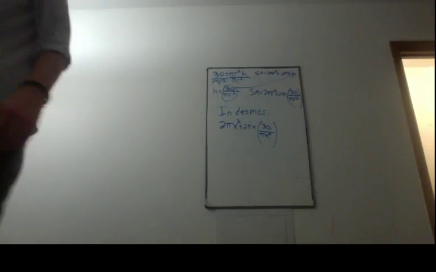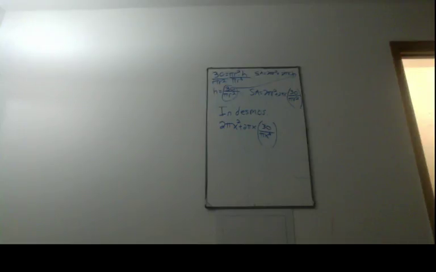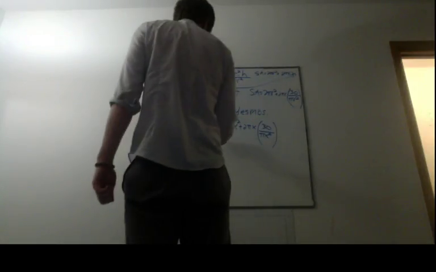So when you type this in, you're looking for the positive values only because it doesn't make sense to have a negative volume. So I got that the radius equals 1.684